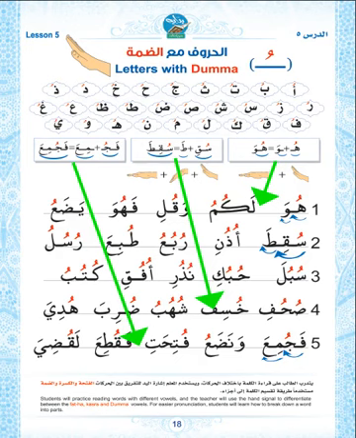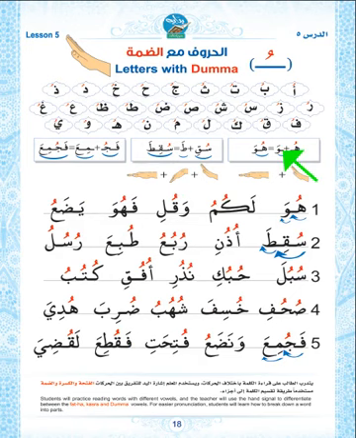You can see the use of the hands in this lesson is different than the previous ones. We use an upward motion of the hand for Dhamma. Fatha was straight motion and Kasra was downward motion. So for example, in the word Huwa, we have Ha Dhamma, which we show with an upward motion, and then Waw Fatha, forward motion. Huwa, Huwa.